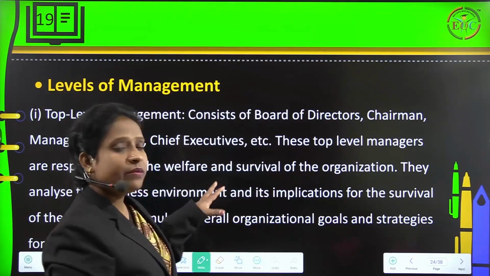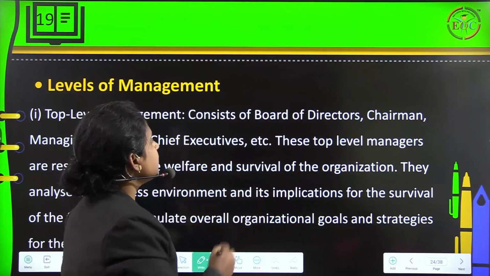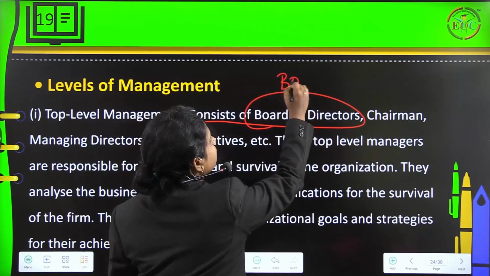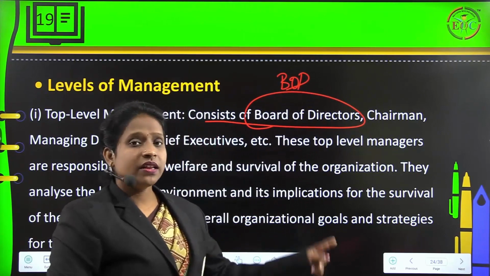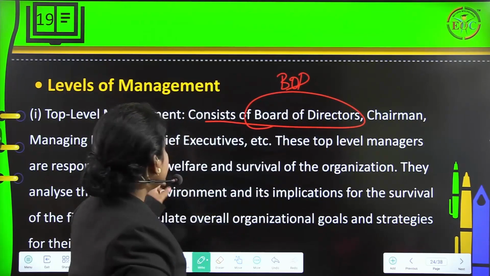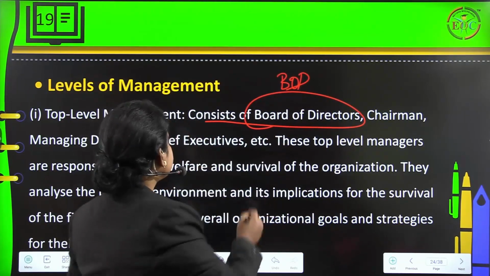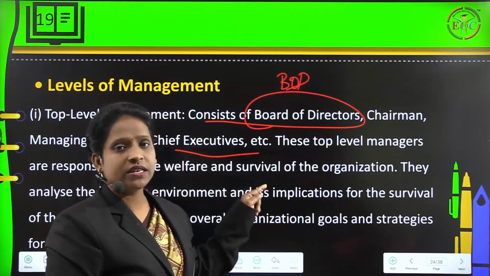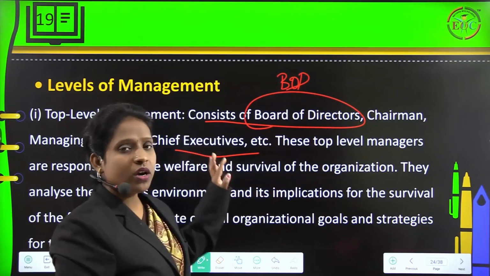When we have to understand top level management, here we can see this consists of the board of directors, right? BOD, board of directors. Then it also consists of a chairman along with managing director, chief executives, etc. So all these people can be considered as people who belong to top level